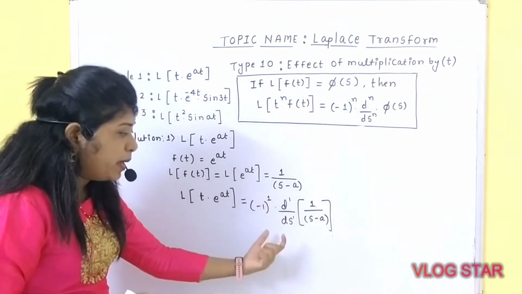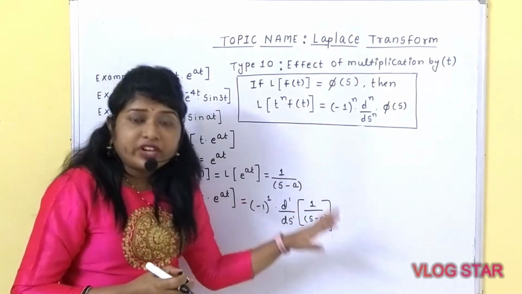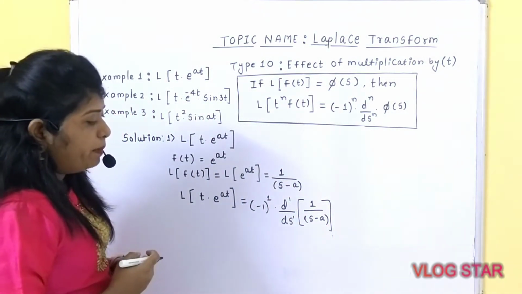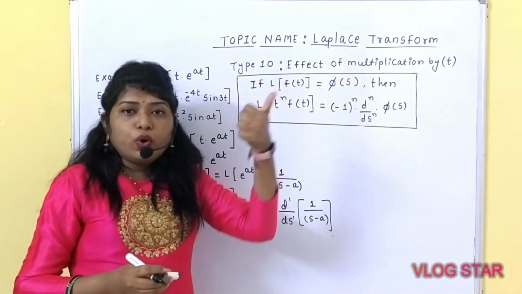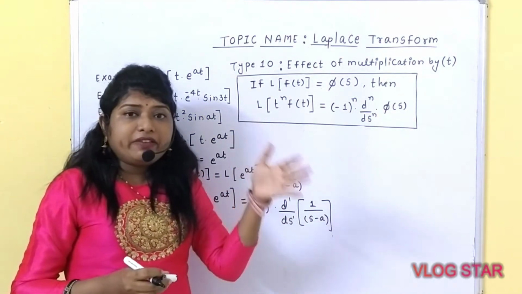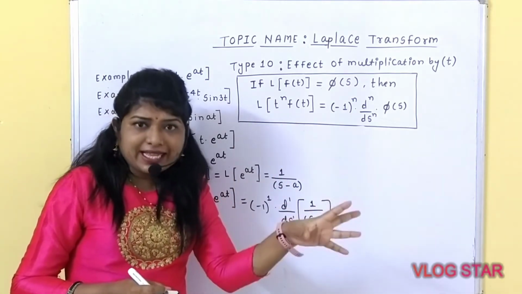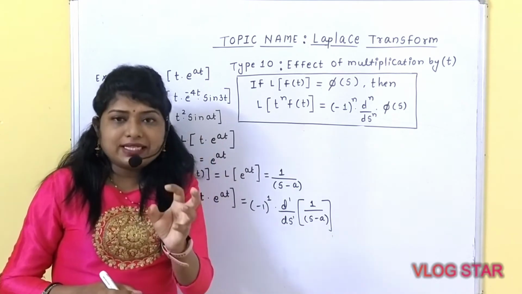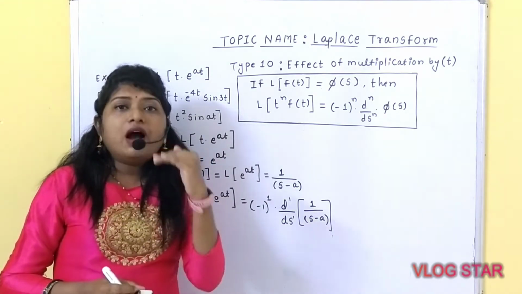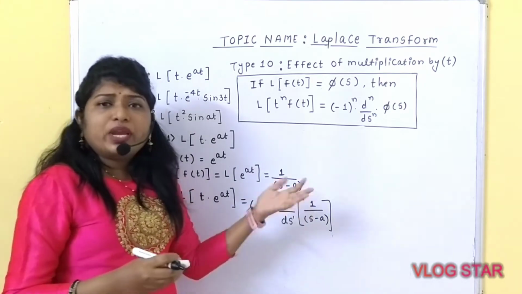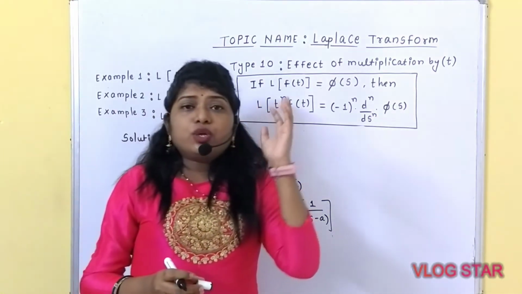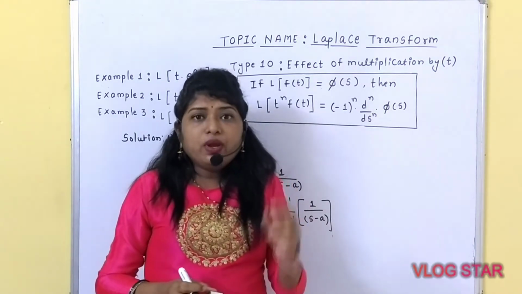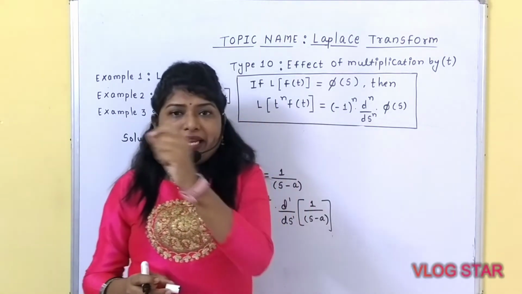What would be the next step? We have to take the differentiation with respect to s. So which formula are you going to apply? You can use the u by v rule. So what is basically the derivative of u by v? v as it is into derivative of u minus u as it is into derivative of v, upon v square. Or you can use x raised to n. So what is the derivative of x raised to n? Which is nothing but equal to n into x raised to n minus 1.